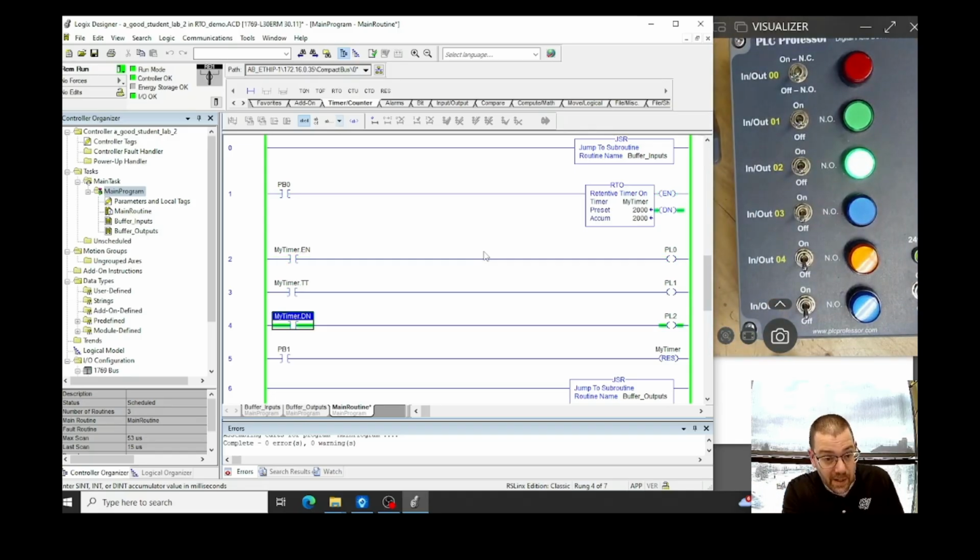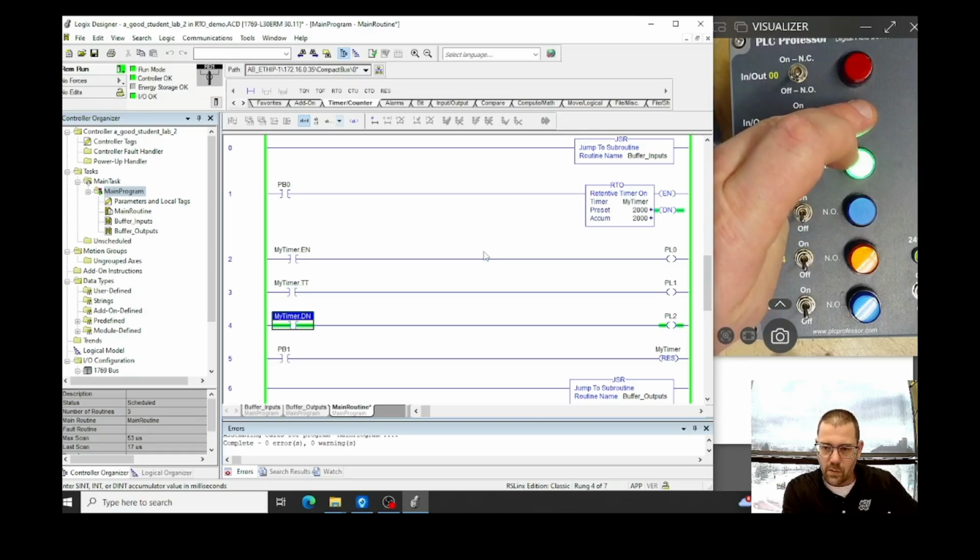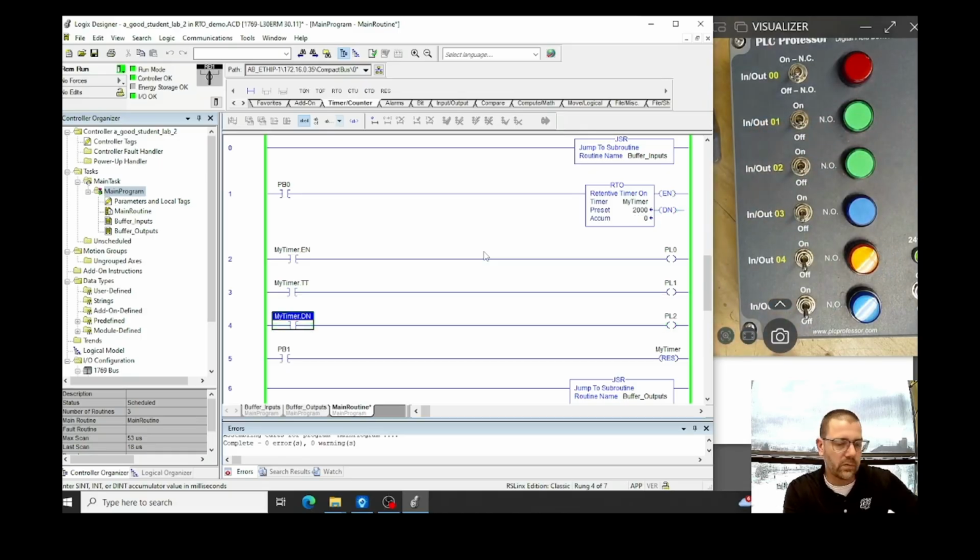But now if it's not enabled, it stays done, and it'll stay done no matter what I do on the enable side until I reset it. So again, count up for 2 seconds, done, stay done,